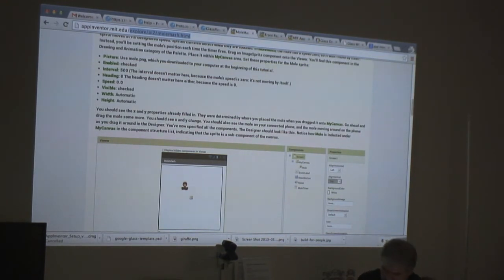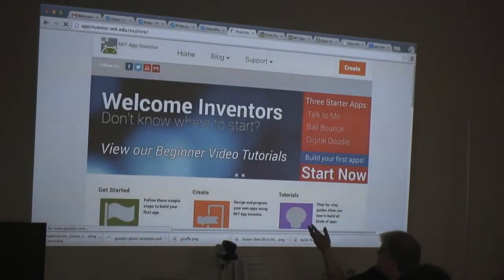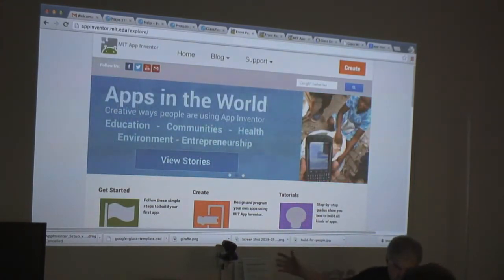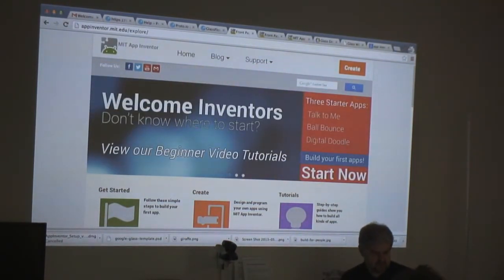appinventor.mit.edu is the website. And if you go here, again, you can create a free account, and then there's a lot of tutorials here for how to use it. One of the great things about this, though, is that it generates the APK file that you need to run on Android, and it also pushes to whatever Android devices are connected onto your machine. So you can use it in